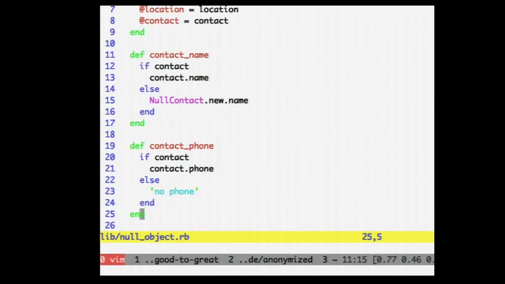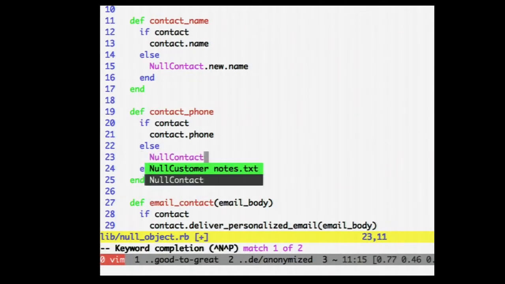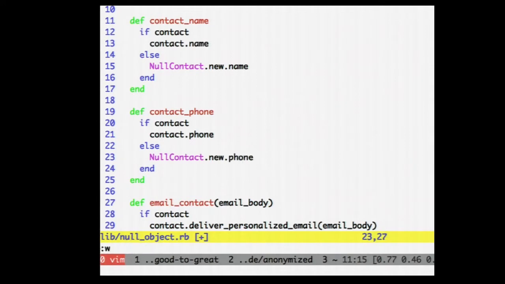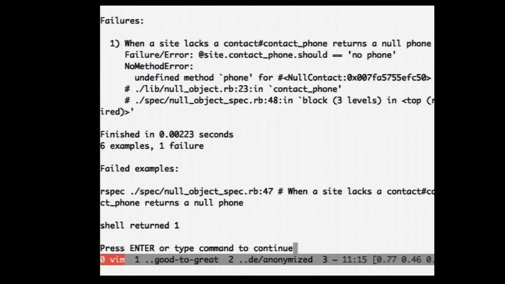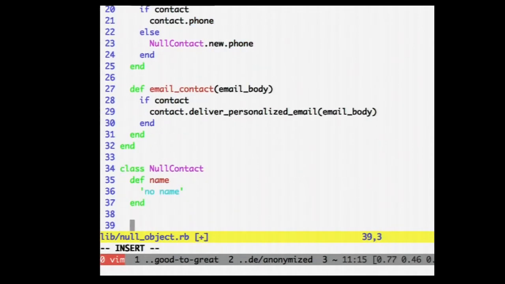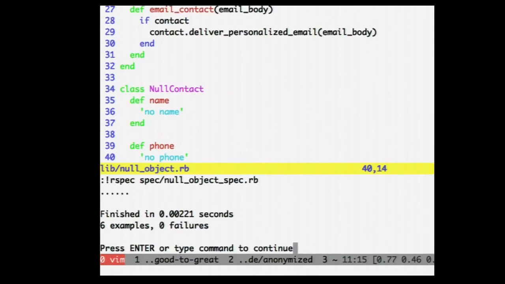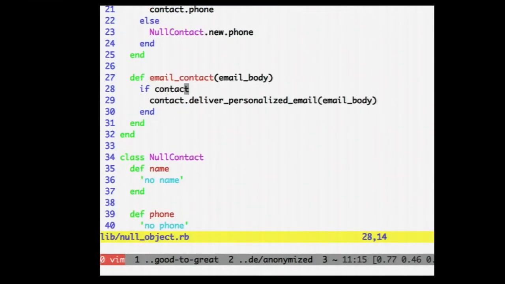All the other code is still there, but everything's still green. As opposed to 3 broken tests, I had 1 broken test with easy to follow errors every time, and now I'm back to green. This is a sign of a good refactoring. NullContact.new.phone. 1 error. It's the right error. I'm going to do 2 steps at once here. Back to green. And then one more place we have to do this,